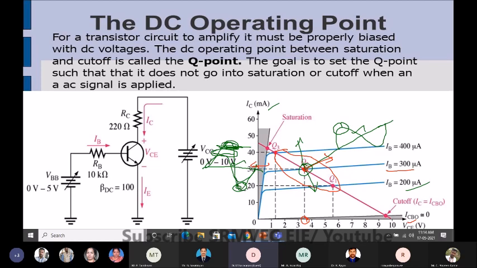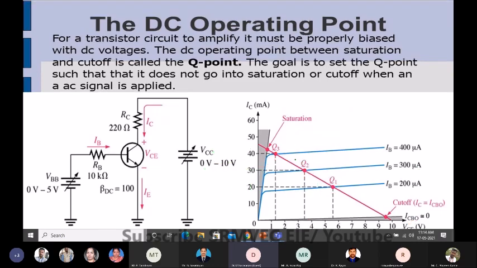Similarly, when it moves down, what happens? It is having no value, cut off, no current will be given. So this part will be clipped off. Okay. So if it is going below, what will happen? No output will be available. If it is going up, what will happen? It will be constant. Okay. So this must not happen. So your Q point or operating point must be available here and must not change at all.